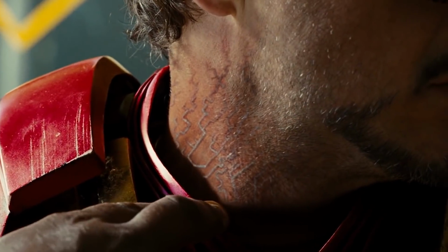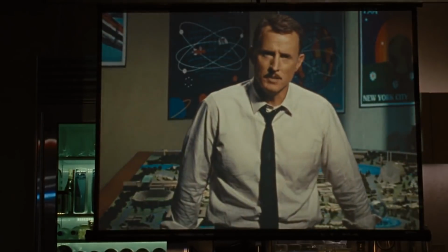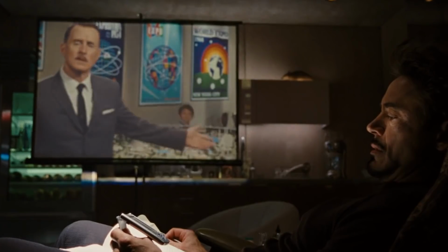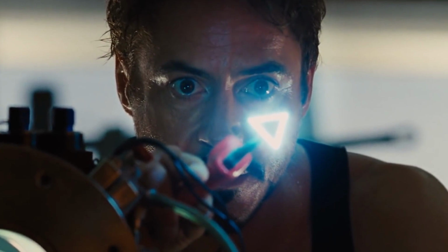As Tony's blood continued to get infected, he looked for a replacement to palladium, but no other element managed to do the job. Turns out Papa Stark, Howard, had a plan for that, but the already advanced tech of his time wasn't advanced enough to create the new particle to drive the arc reactor. And he was right. But since it was Tony discovering the new element, it got the decidedly Tony name of